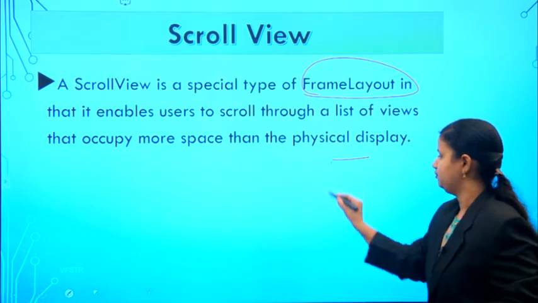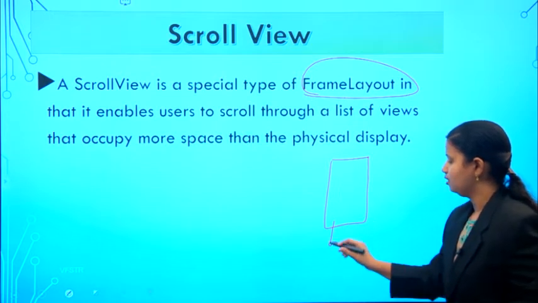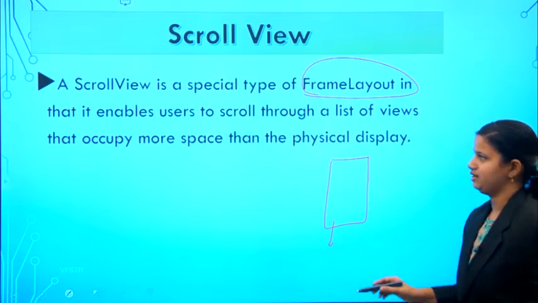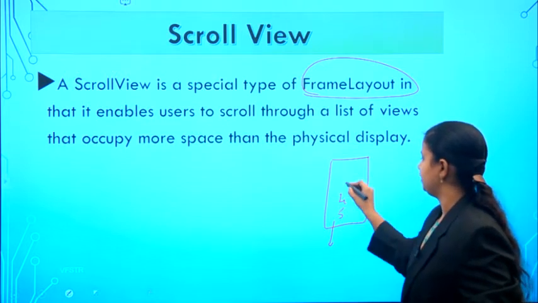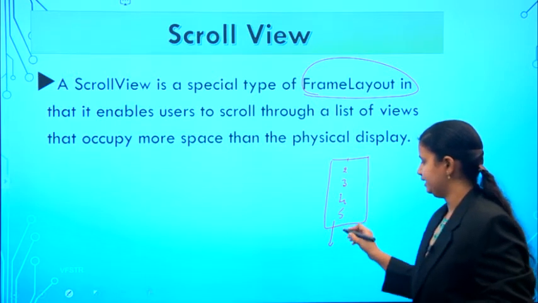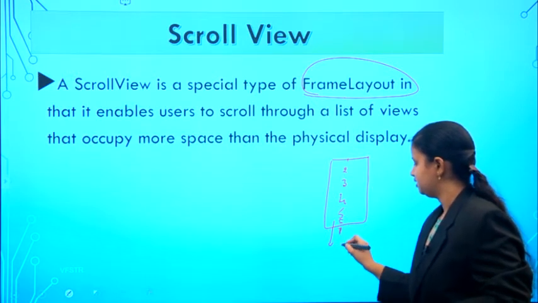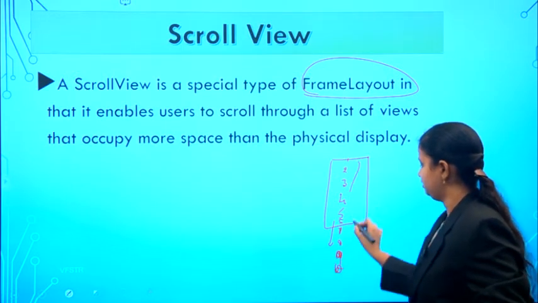That means if your user interface is like this, it will occupy more elements than it appears. It is having only 5 elements, but I want to add 10 elements, 6 to 10. So 10 elements are to be presented.